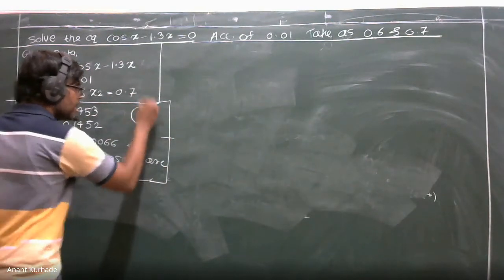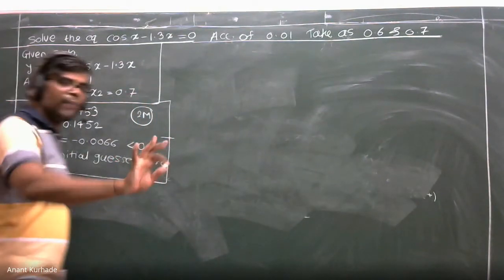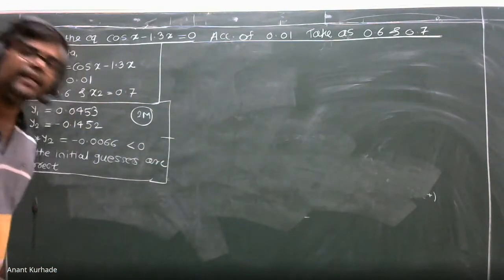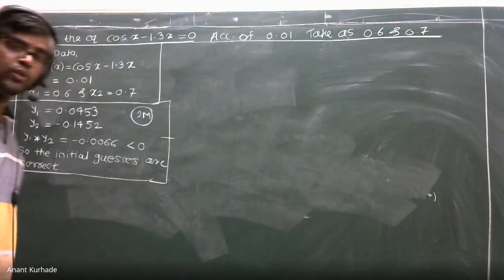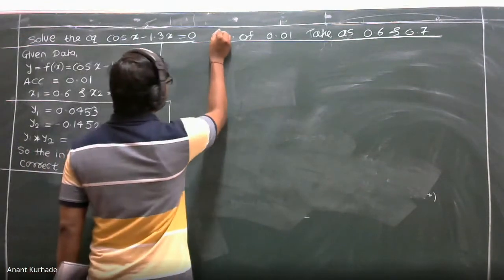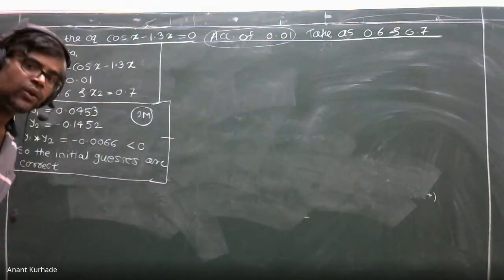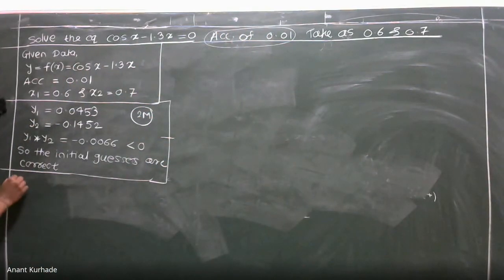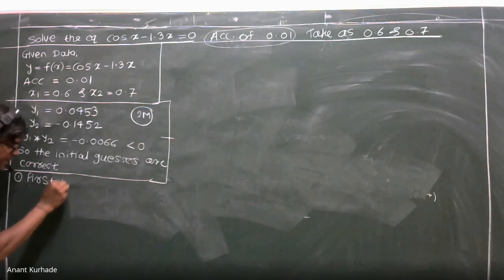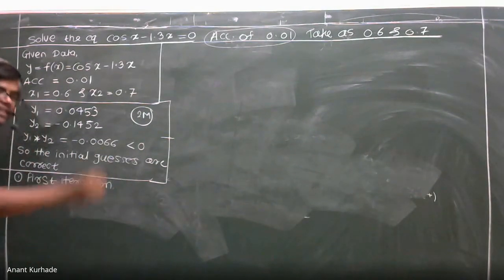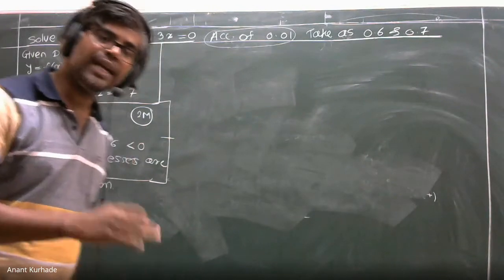It is simple. Now, it is not provided that we do 6 iterations, 7 iterations, 8 iterations, but you have to do n number of iterations up to this accuracy of 0.01. Now we can go for iteration. So write down first iteration. What is the iterative formula? That means how we can get x3.